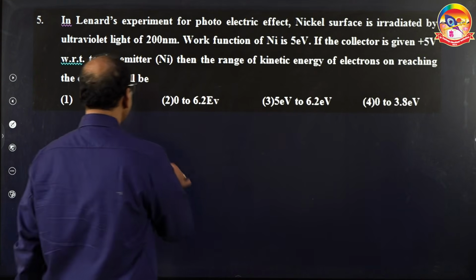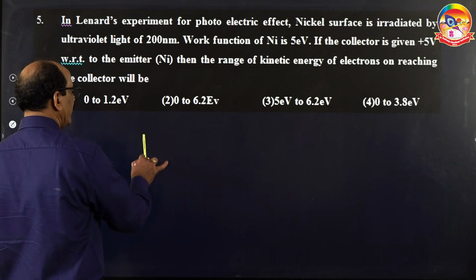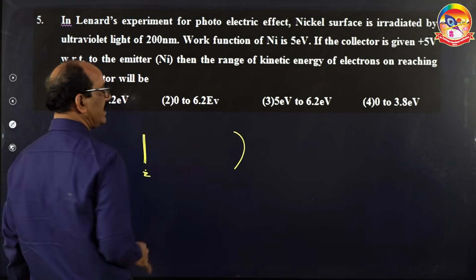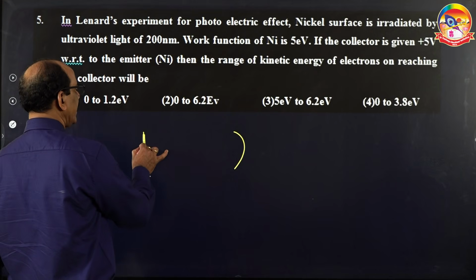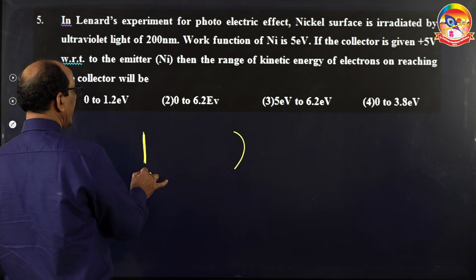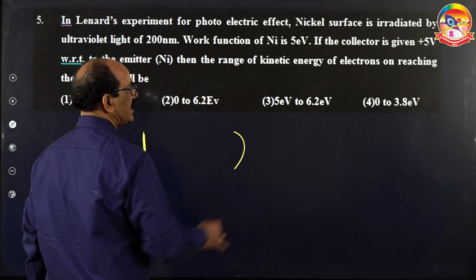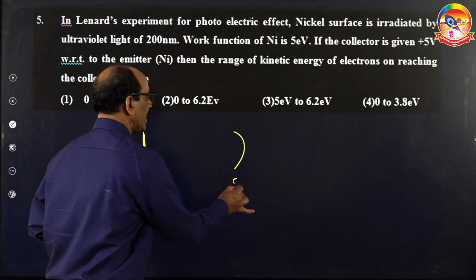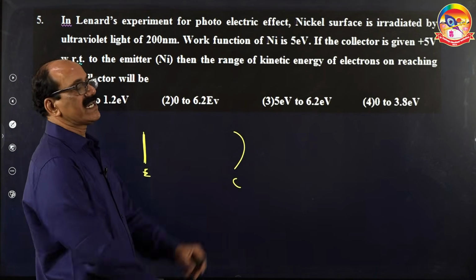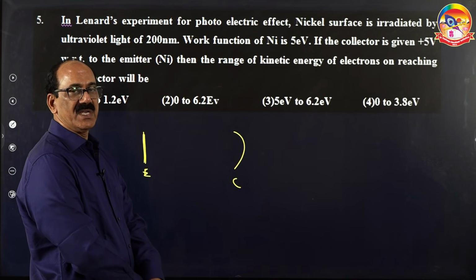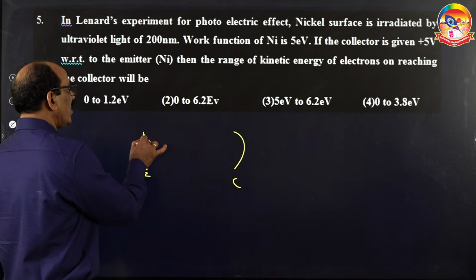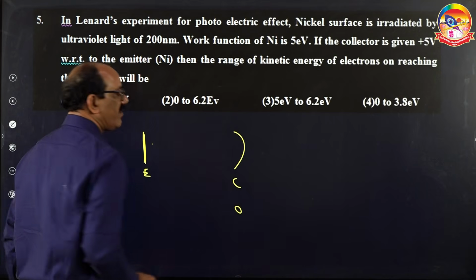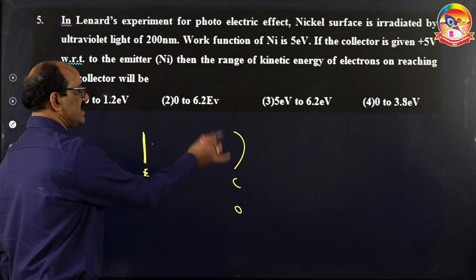So this is a photoemitter, Lenard's experiment, if you recall: this is a photoemitter and this is a collector. If this photoemitter is given negative potential with respect to the collector, or the collector is given positive potential with respect to the emitter, then the photoelectrons which are emitted, if no potential is given at all, that is, it is at zero potential,